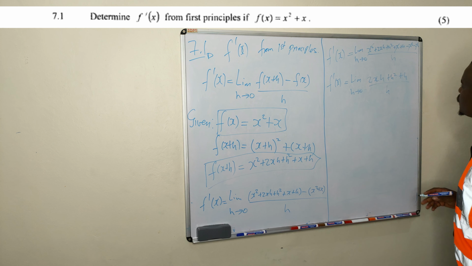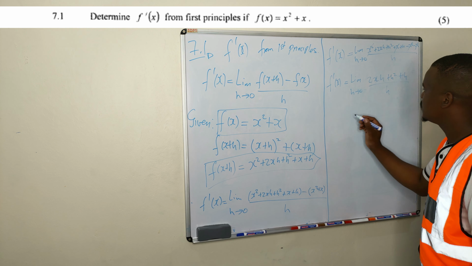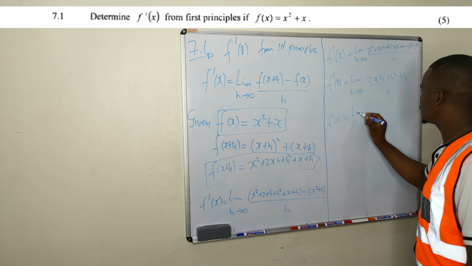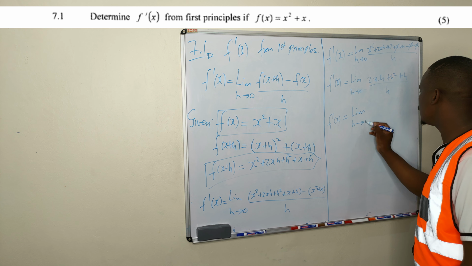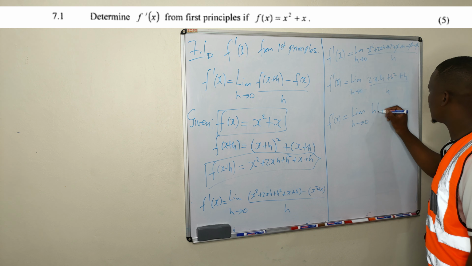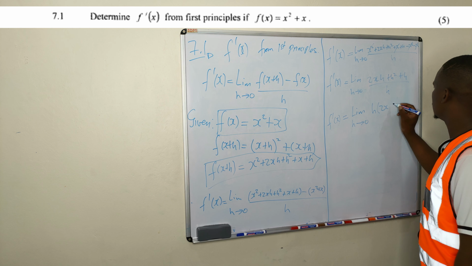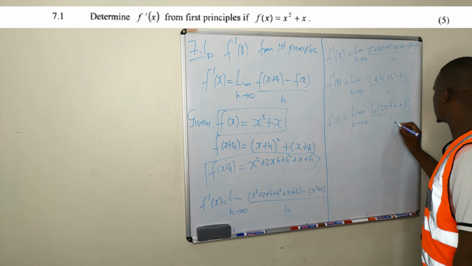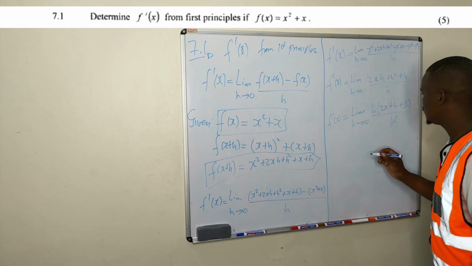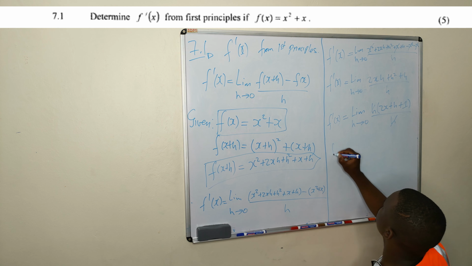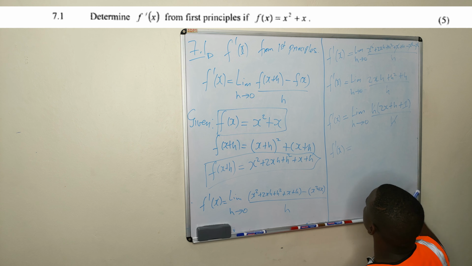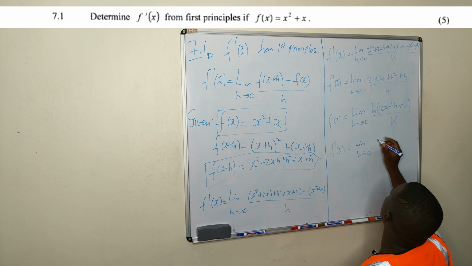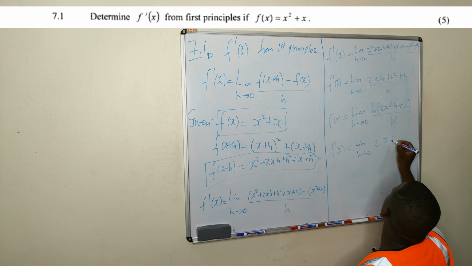Then you take out a common factor on top, which is h. f prime at x is equal to the limit as h goes to 0 of what? Take your h out, you're left with h times 2x plus h plus 1 all over h. And this and that goes away. What are you left with? You're left with f prime at x is equal to the limit as h goes to 0 of 2x plus